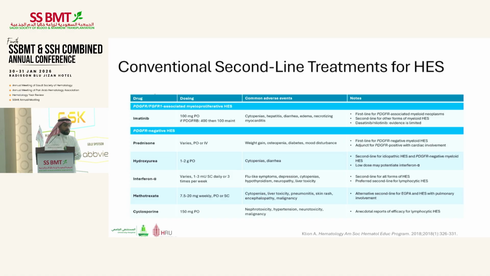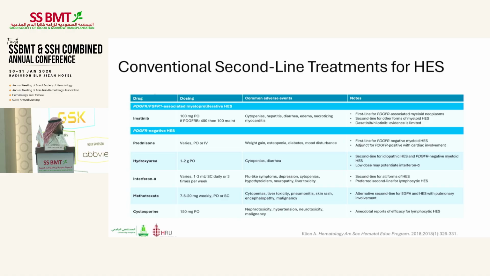So figuring out the molecular pattern, so PDGFRA or FGFR1, will help you also in selecting the treatment for your patient. And all three have to be done, because even if you did one of them and it's negative, for example, the PDGFRA, you're giving your patient imatinib as a first line that is going to help your patient. The usual dose is 100 milligrams daily, but for PDGFRB, the best initial dose is 400,